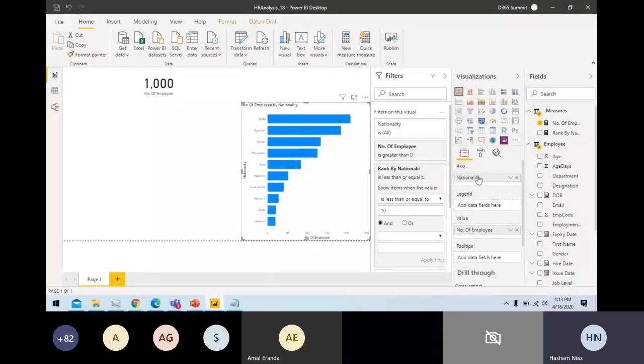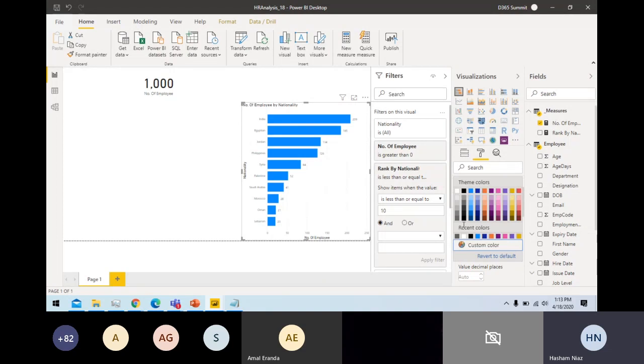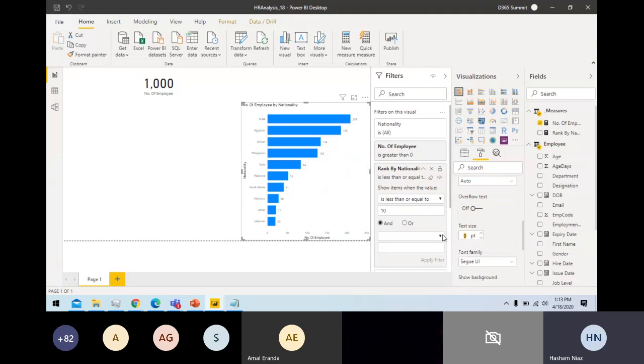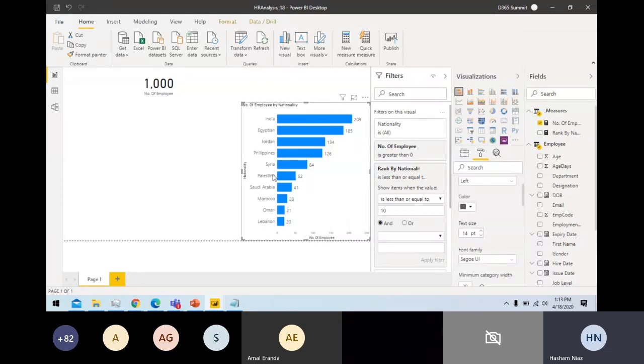If you see, because this is now less readable, if I go here and change data labels and increase the size of the data labels as well, I say increase the size to 14, and for the axis I increase the size as well. For the y-axis I increase the size to 14 as well. Okay, so now this is more readable.